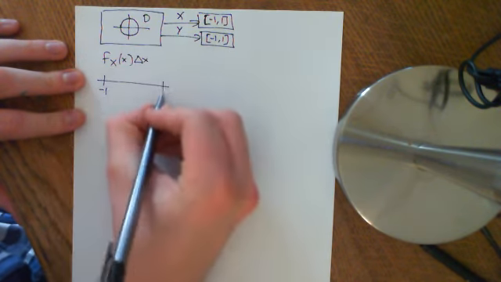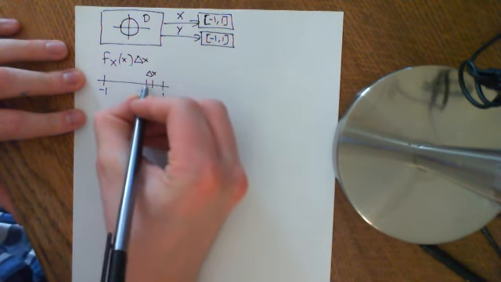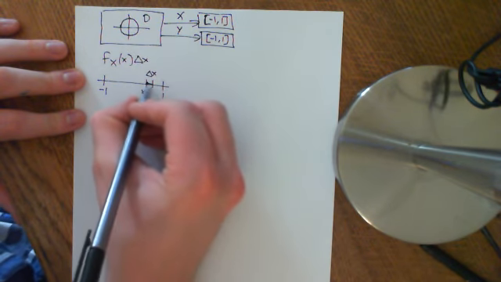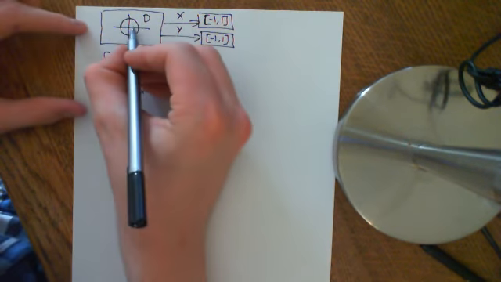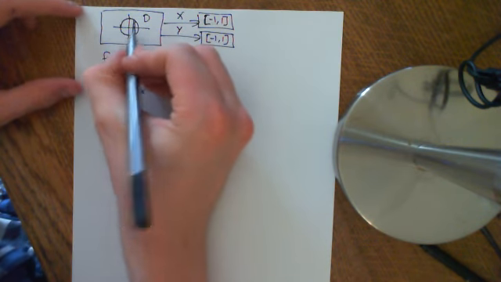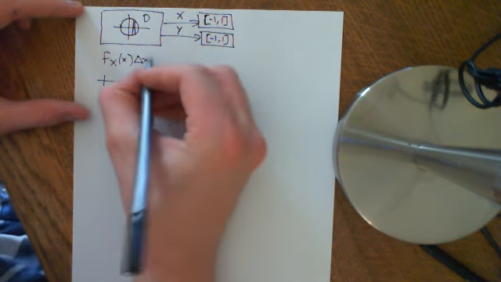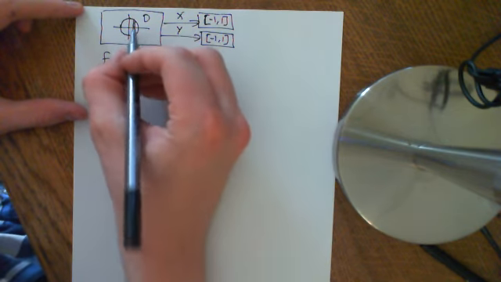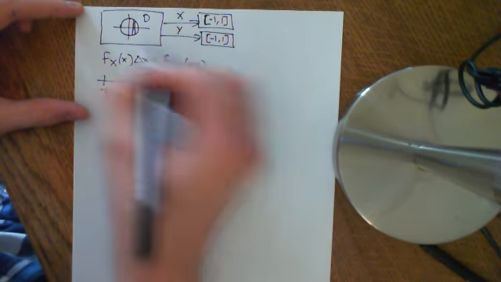So if we have -1 to 1, these are all the values that x can take on. If x is here, then if we multiply the PDF by some tiny little delta x, that tells us the probability you're going to be in there. Now, what is the probability that you're going to be in there? Well, if we think about it back here, it's the probability that you're in this entire strip here, because all of these values will be given an x value within this strip. So that's going to equal the sum of the joint PDF, the joint PDF of x and y, times